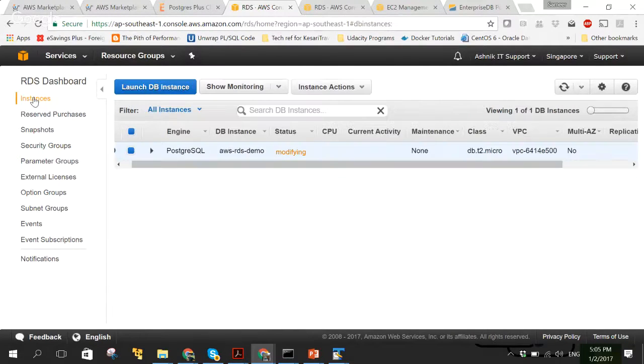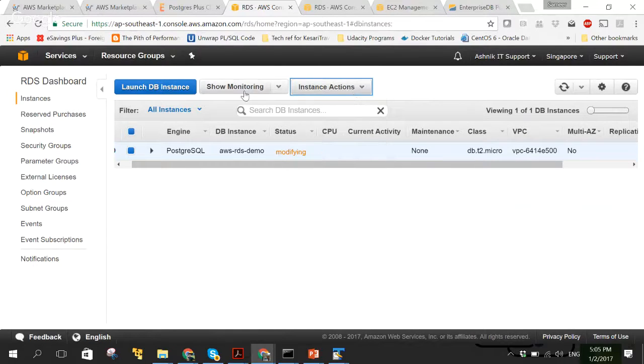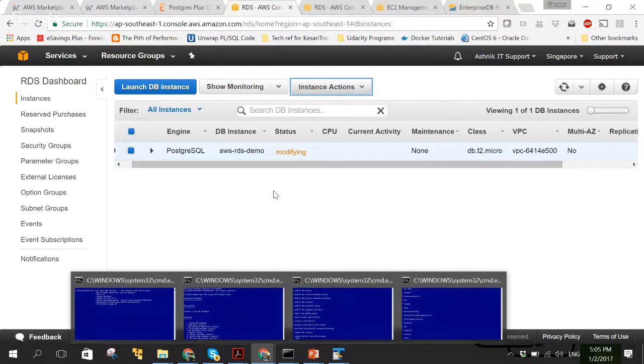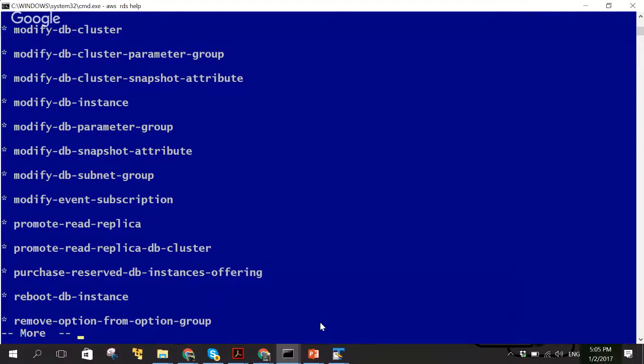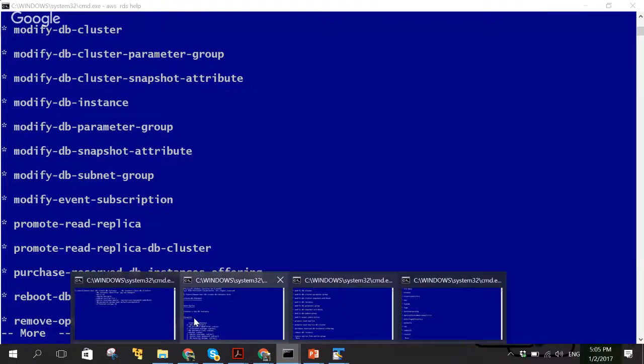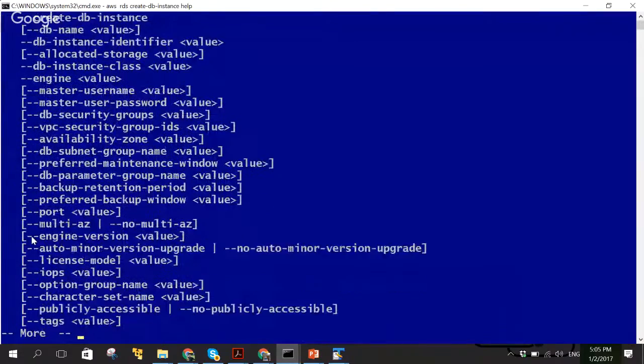Let me go to instances now. The instance is almost ready right now, and I cannot do anything right now because it is still getting ready. Now while this instance is getting created, let's look at one more mechanism which can be used by you for creating the instance, which is create instance command. You can use create db instance command from the command line to create an instance,